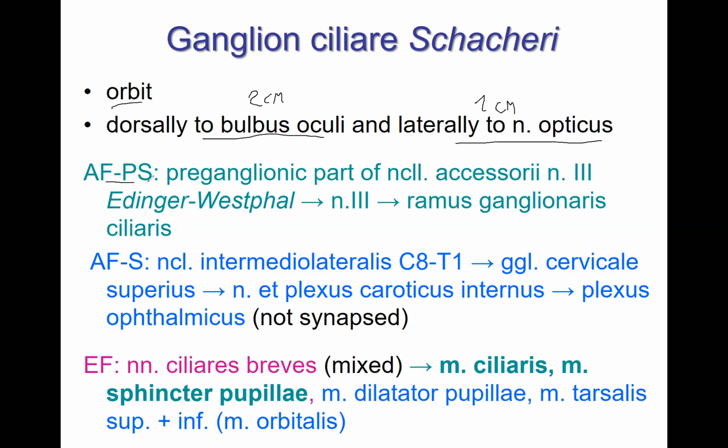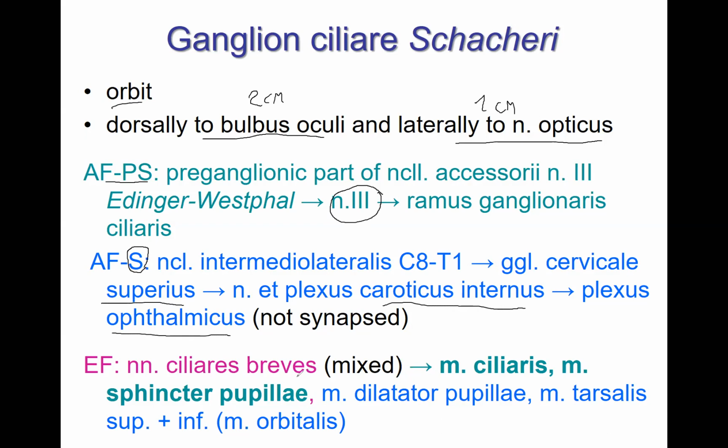The parasympathetic root is what we have said: from Edinger-Westphal and the oculomotor nerve. From the sympathetic root, as we have said, superior cervical ganglion, internal carotid plexus, and ophthalmic plexus. Not synapse, just passes through. And then